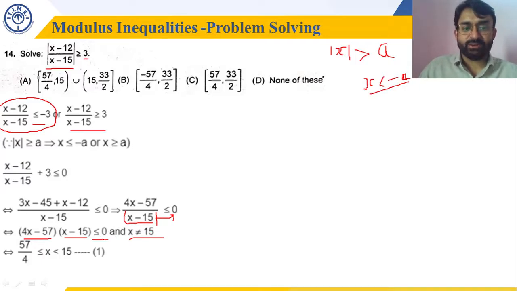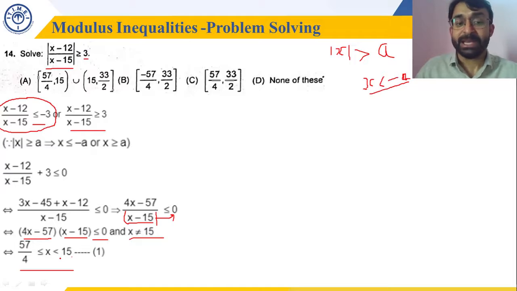So when there is a less than sign in a quadratic expression, the value will lie within the interval. So the value will be less than or equal to 15, but we cannot take 15. So less than 15, because of the two roots, x equal to 57 by 4 and x equal to 15, which one is bigger? 15. And which one is smaller? 57 by 4. So x has to be within the interval. x has to be more than or equal to 57 by 4, but less than 15. 15 cannot be included. Such things we have to keep in mind. They can be missed if we are not focusing on the question properly. So x has to be less than 15, not less than or equal to 15.